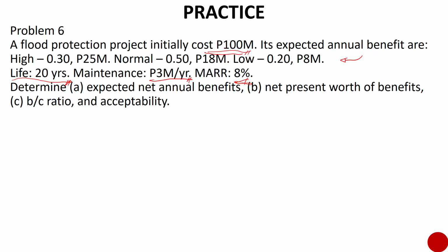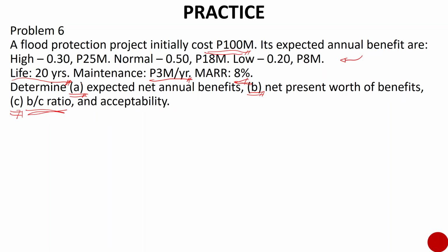But the best that I can see is just to follow what is being asked there. Sometimes what is being asked is already the sequence of what we are going to do. In the previous problems, we calculated the present worth and then the IRR. We applied the EMV to get the IRR and the present worth. Now, for this one, we are going to apply EMV to get our benefit cost ratio. So, let's apply our EMV first.